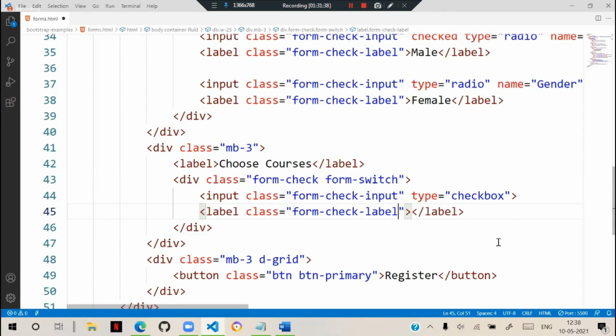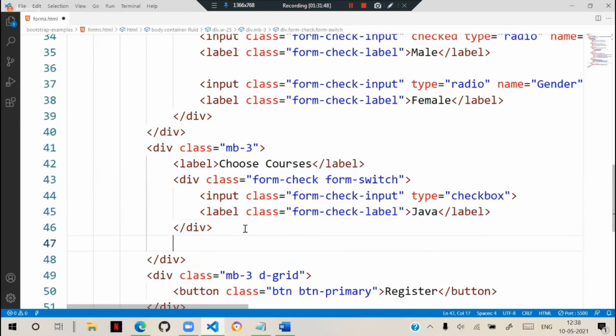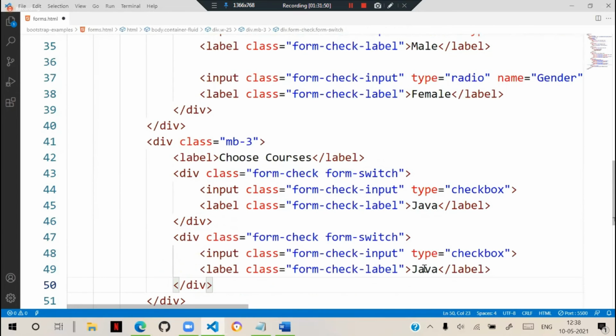Here we write an option label, suppose Java. That is one switch I designed. I copied another switch here, form-switch, and this is like .NET.